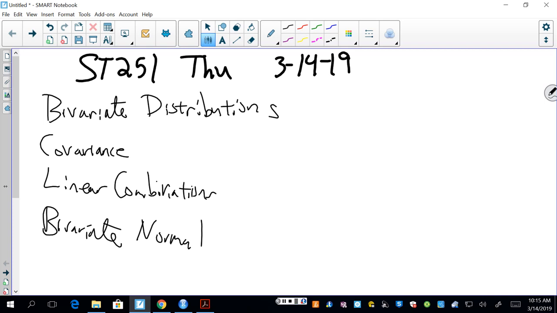Right. So we're going to continue talking about bivariate distributions, and maybe some association of them through covariance. We're going to look at linear combinations of different random variables, and the covariance becomes important in looking at sums or weighted averages, and do a little illustration of bivariate normal. So most of this is in